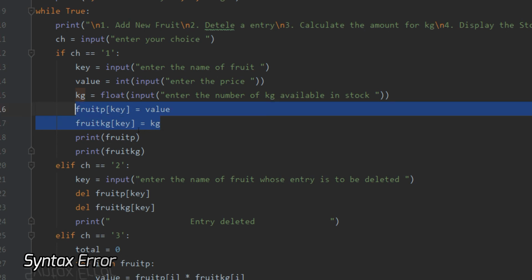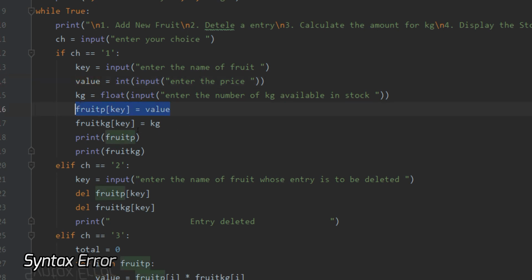Now this is the main part of the dictionary. The value which I took, I have assigned this value to the key. Now what I'm saying is, suppose I entered kiwi. So this key variable stores kiwi in it. The value which will be dedicated to that key is stored in the value variable.